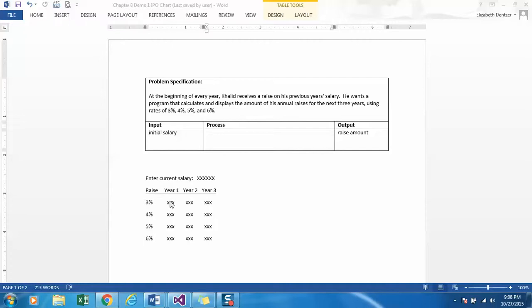And I'm going to show the raise percents. 3, 4, 5, and 6 are going to be my rows. And then here's what I'm going to calculate. We just use x's as placeholders. When it runs, that'll be actual numbers, it won't be x's. But just to see what the output will look like or how it's going to lay out on the screen. So the logic of this,